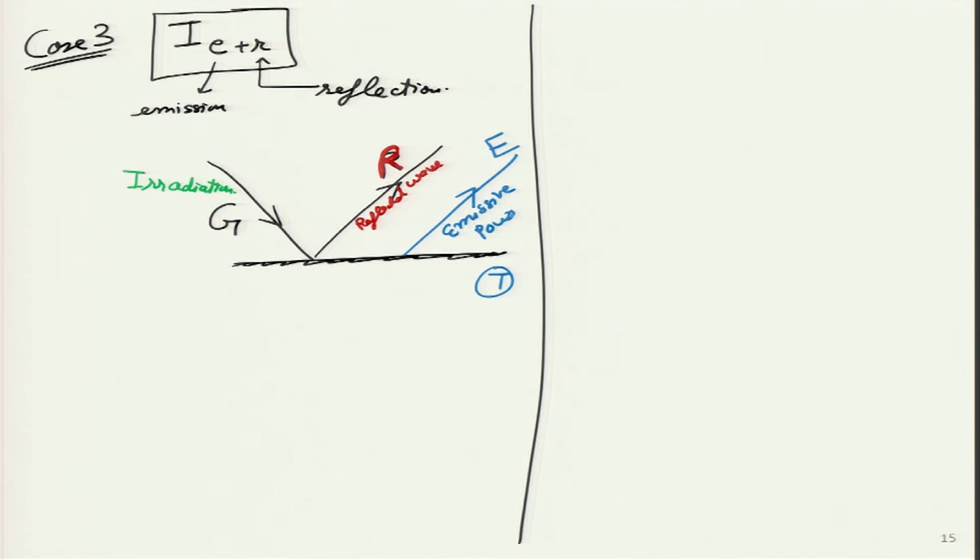Now, let us look at the unique case of some sort of an observer at this particular point. We have an observer, which could be an eye or a camera or some sort of observing surface. What that surface is recording is actually the sum total of R and E, and that is given by the symbol J, where J is R plus E. This is given in flux terms, watts per meter square, and the technical name for this is radiosity.